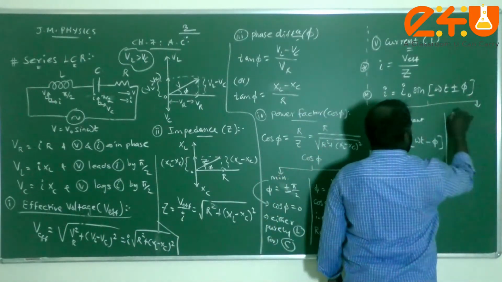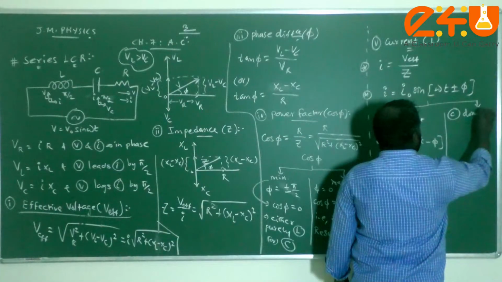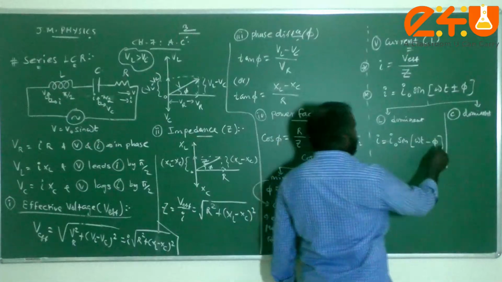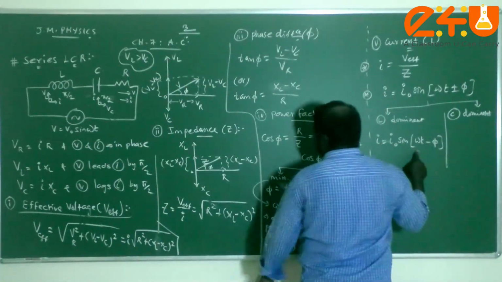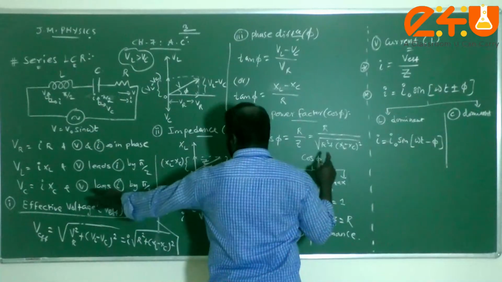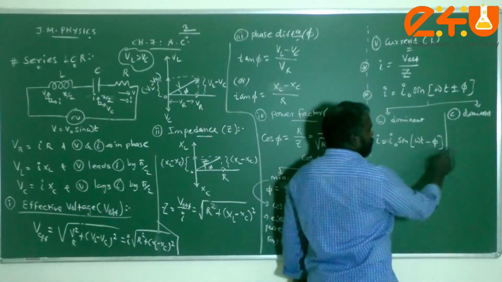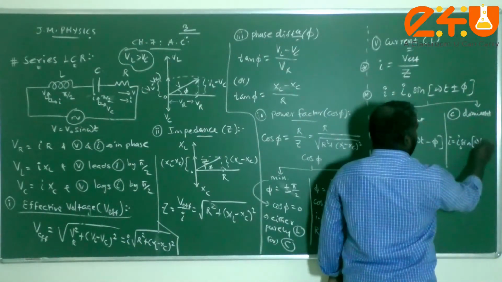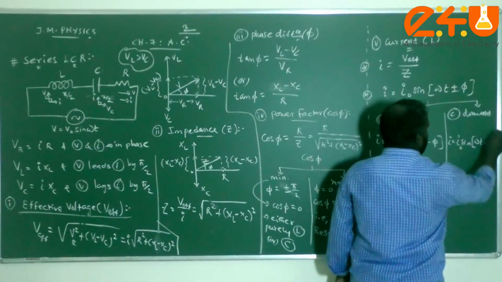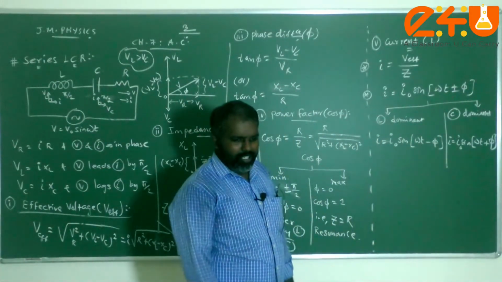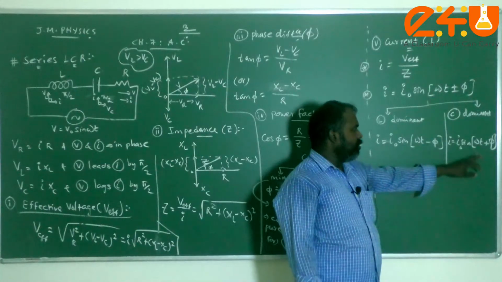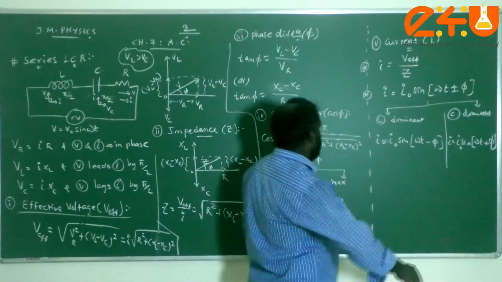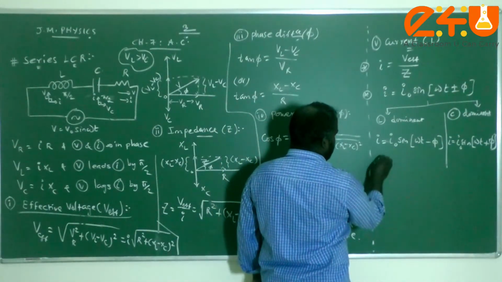But in some cases, suppose capacitive dominant. What, children? Capacitive dominant circuit. We can see that the current is leading. Current is what, children? Leading, or voltage is lagging. So current leading means a positive term will come. Therefore, I is equal to what, children? I naught sine of omega t plus phi will be there, because in a capacitor dominant circuit, the current is leading. So because of that, plus phi will be there. Okay, yes, children.